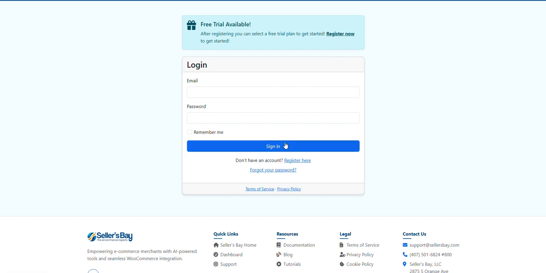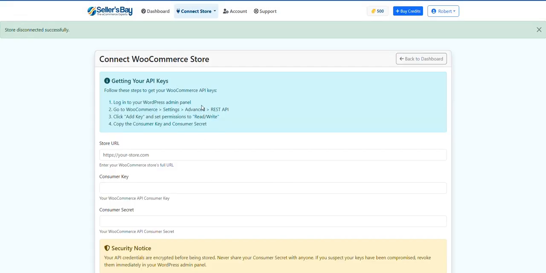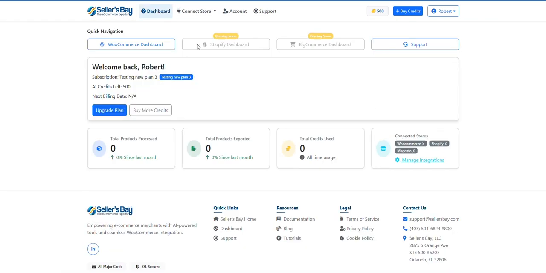Once you have these two keys, you would go to the login page of the app, register if you haven't registered already, and if you've already registered, you log in. That will take you to this page. It's a very basic, easy to use interface. Just click on the Connect Store, WooCommerce,